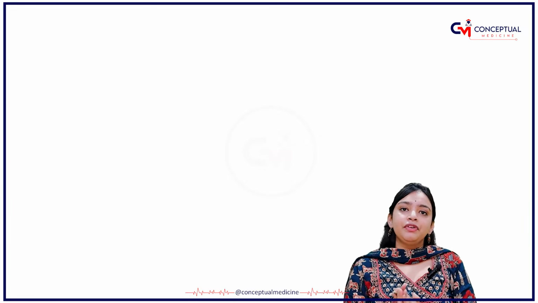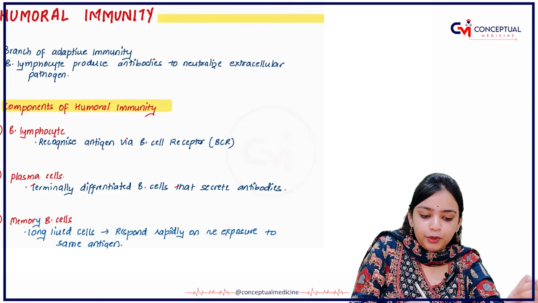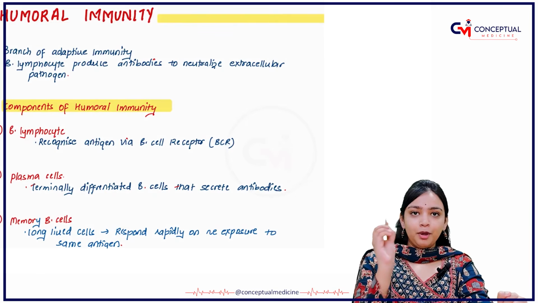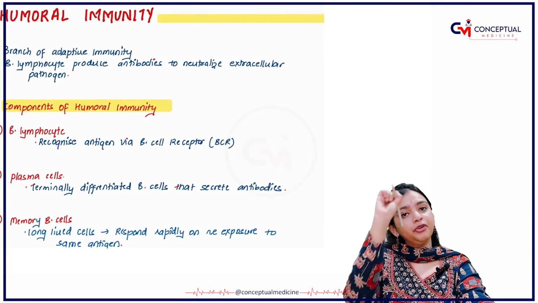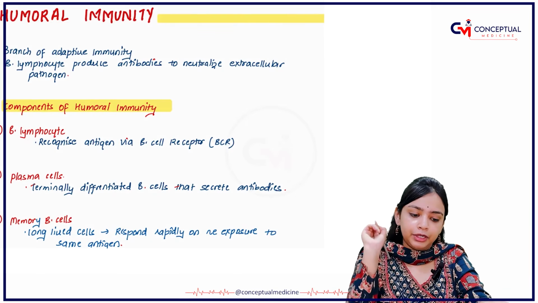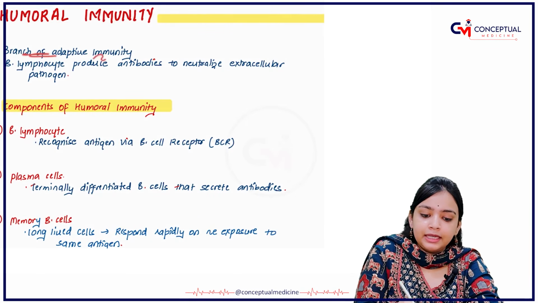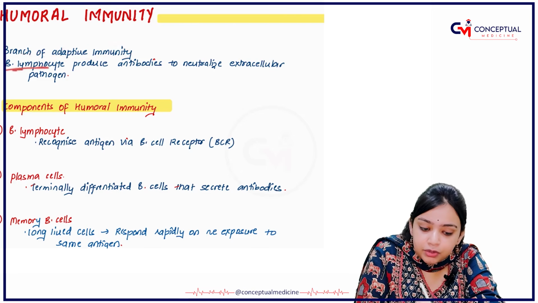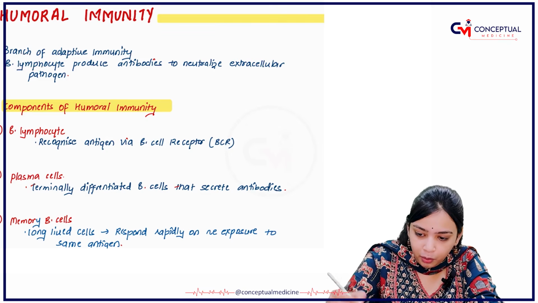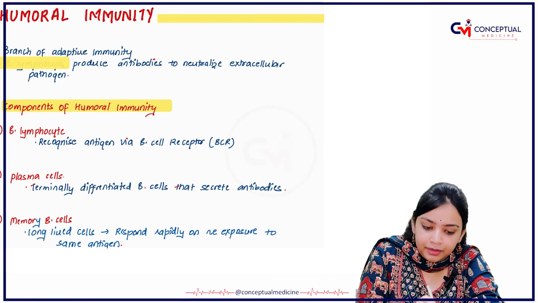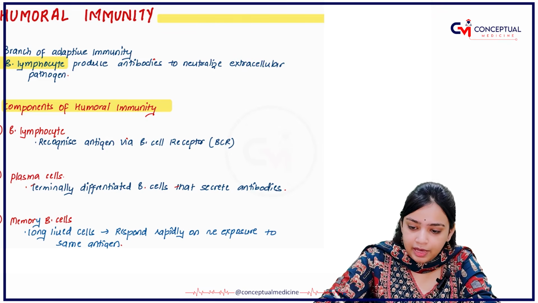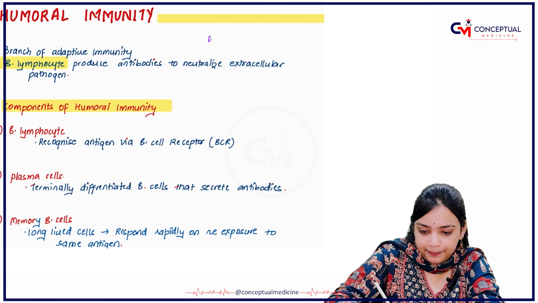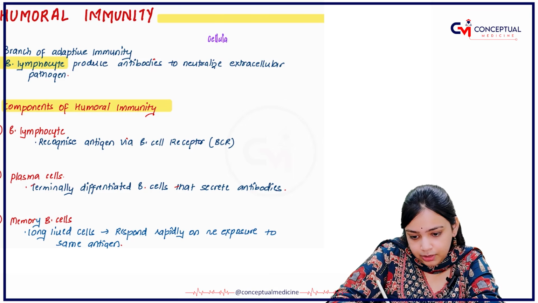Now the next thing that we will be studying is about the humoral immunity. We have read about the cellular immunity. Now it's time to give importance to the humoral immunity. So humoral immunity is nothing but a branch of adaptive immunity. The B lymphocytes produce antibodies, highlighted B lymphocytes, because we have seen in the cellular immunity,